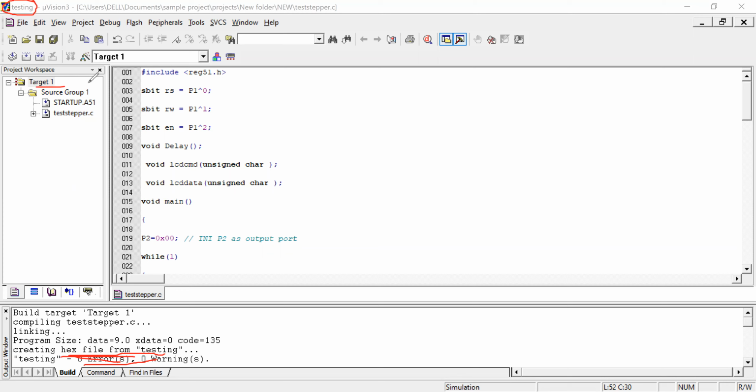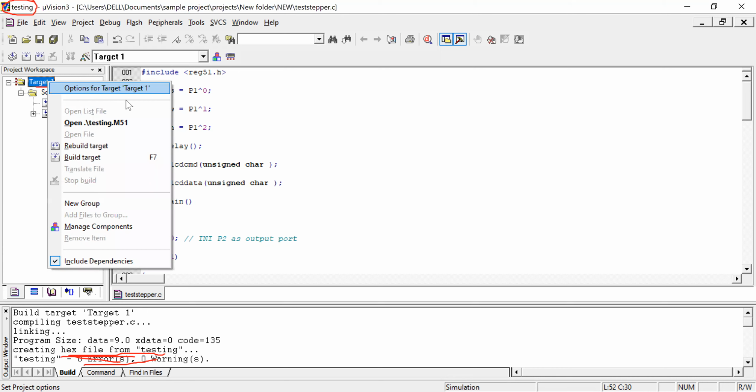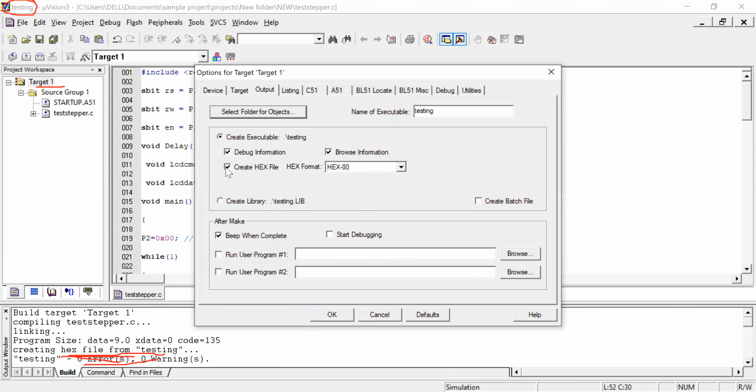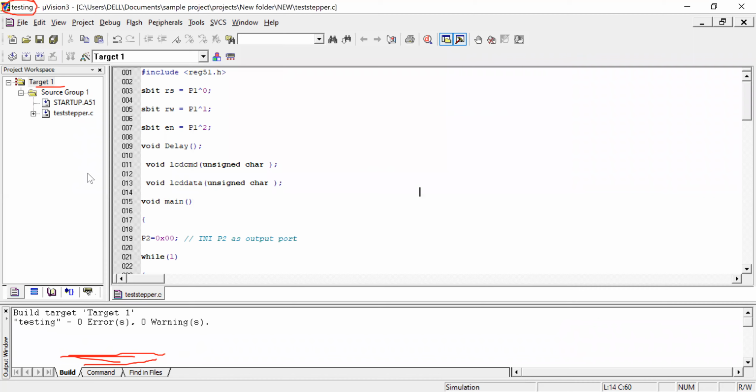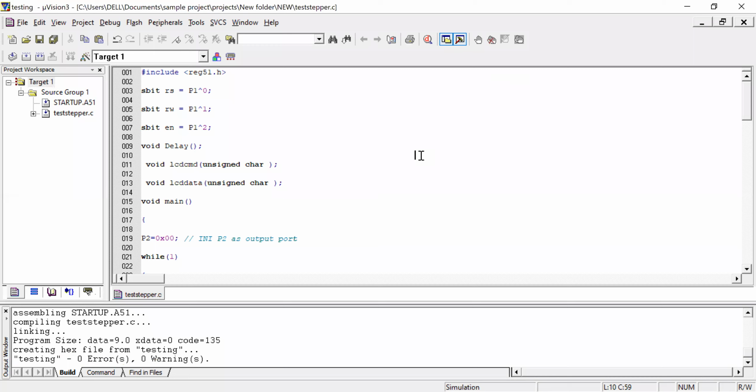Go to target, right click, click options, go to output, and check this. It should have a check mark: create hex file. Build this, and if there are 0 errors, the hex file is created with the name testing. This file you can load into any type of simulation, or you can load it to hardware also.